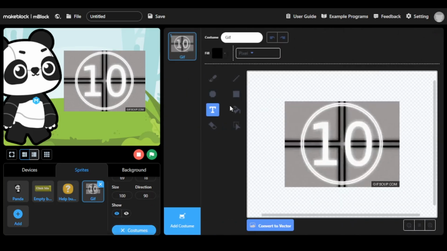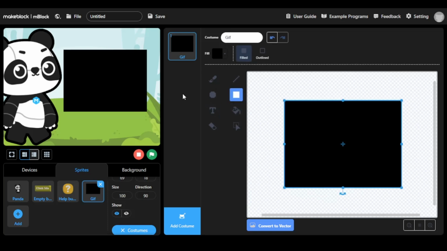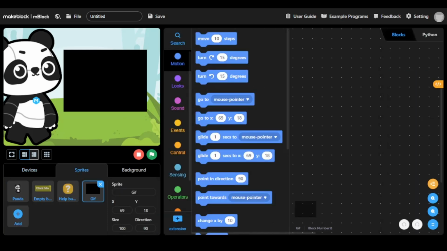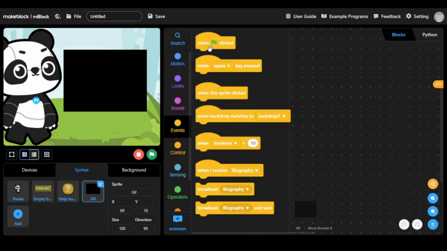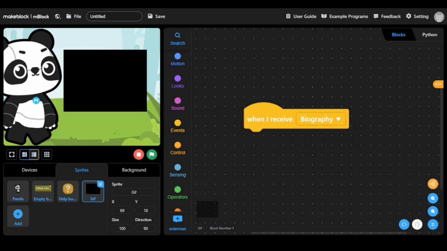Now this is optional, but this is just for me. I'm gonna fill in everything, or either make it just a black square. Now that we have that settled, next thing is the coding, which is a bit hard this time. When I receive biography, that's in events, go to looks,